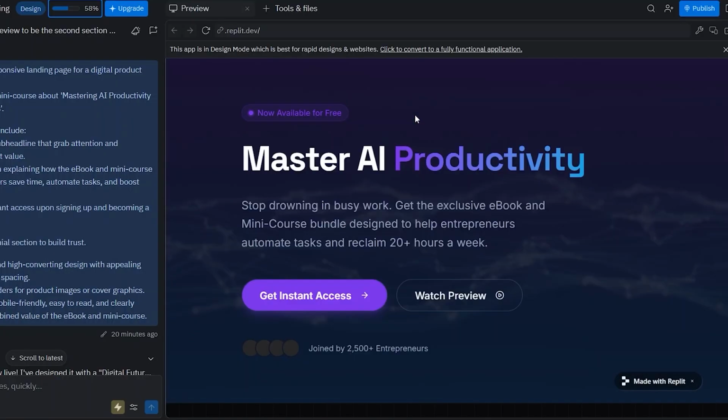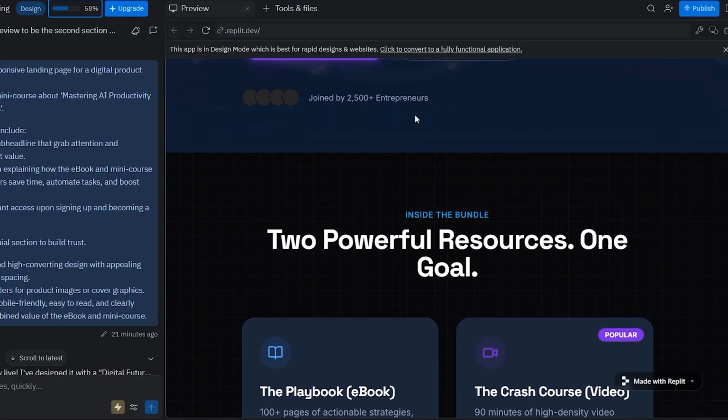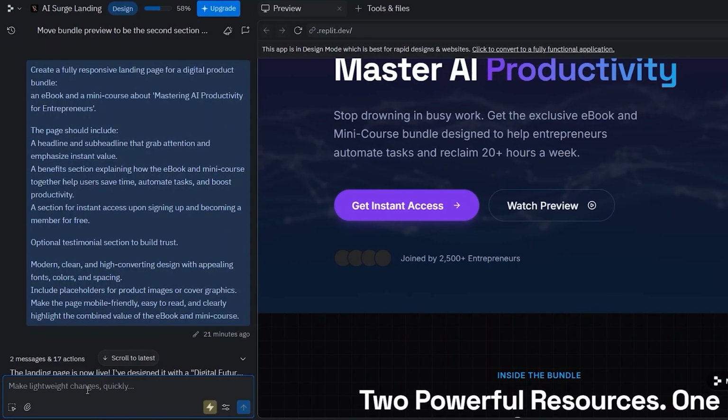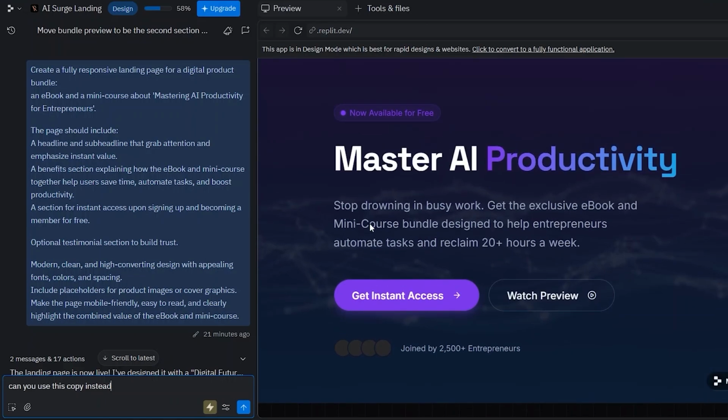Now, what else we're going to do is I want to make a little bit of changes with the copy. So I'm going to go in here and I'm going to ask it to make changes to the copy. Because actually in the copy, there isn't a lot of text either. So it's just a pretty simple and basic, straightforward kind of copy. So down here, I've written, can you use this copy instead? And here I'm going to